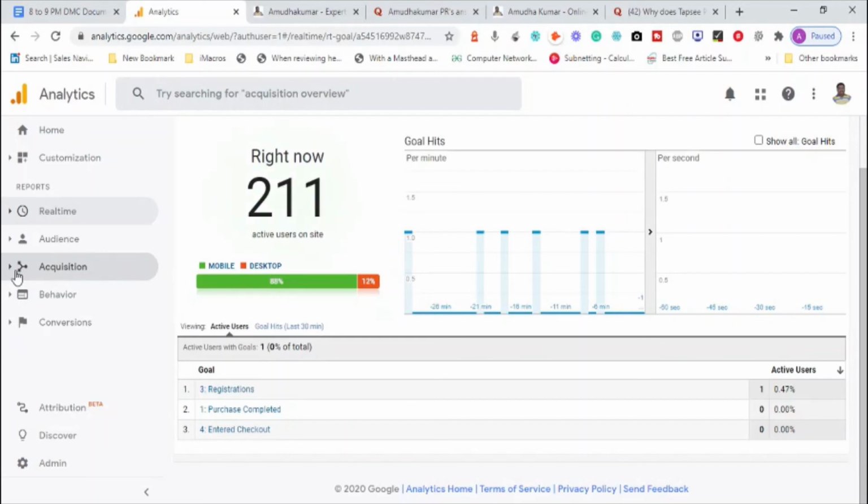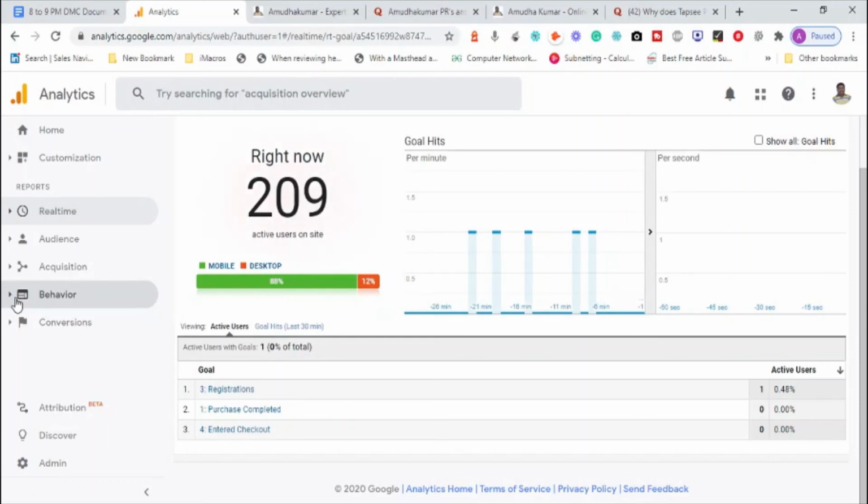Okay, behavior: after coming to your website, what did these people do, which link they clicked, where did they move on, which button they clicked. Did they make a payment or did they quit from placing the order? So there are different challenges on how they behave. Did they come to the website and immediately leave, or did they spend 30 to 40 minutes on the particular platform? Okay, what do they do here?